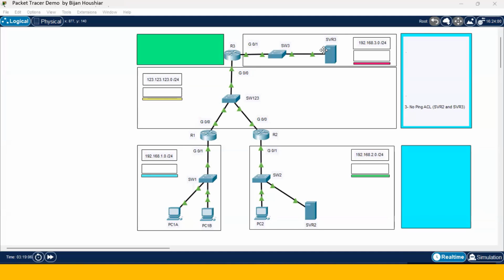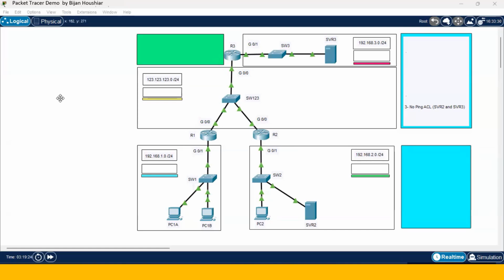So it is very important not to allow other devices to ping servers such as server 3 and server 2 in this case. We are going to create a no ping access control list applied to G00 of both router 2